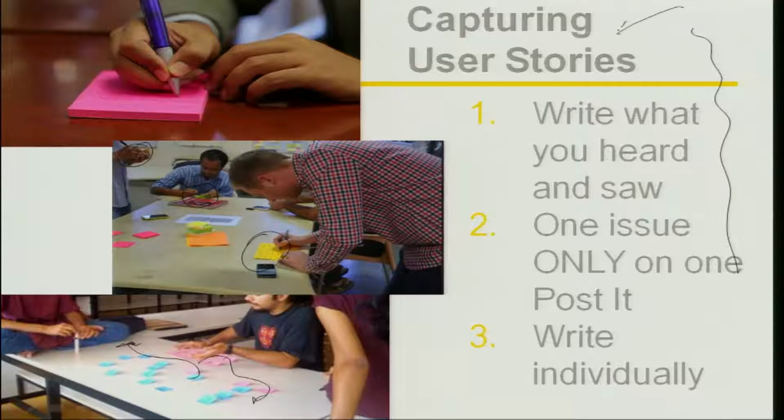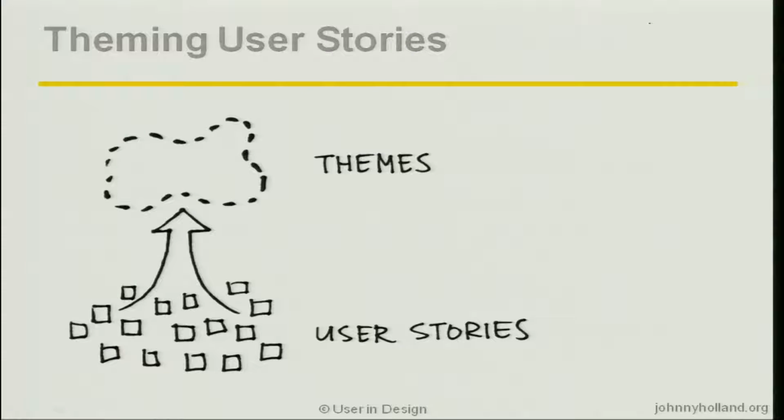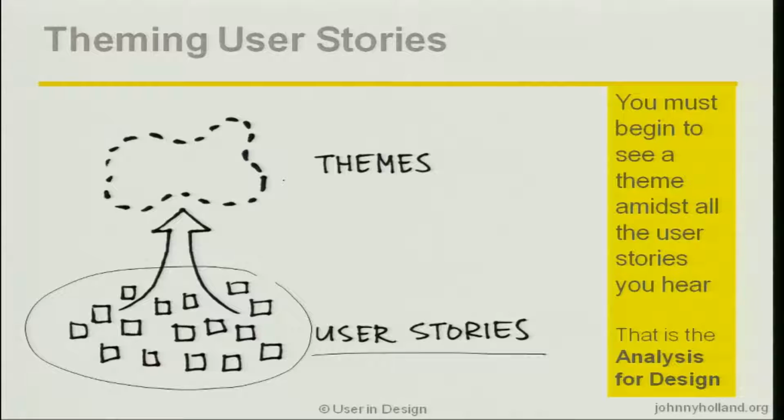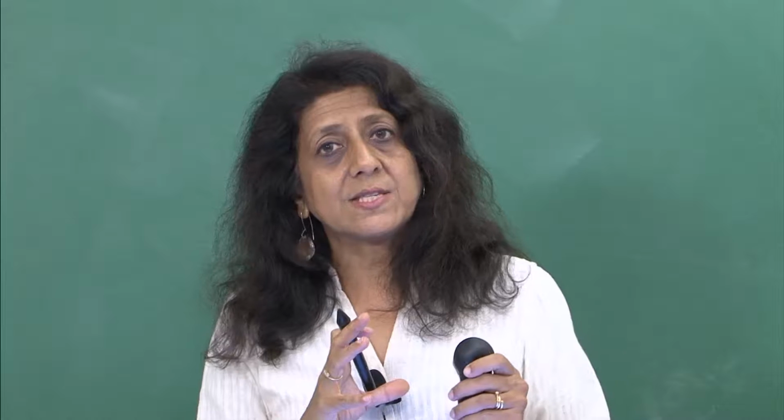So now you're capturing all the stories that your users told you. You're capturing the user stories. And then you're going to be forming themes. These are your user stories, okay? And from these will emerge certain themes. And this will naturally happen. You must begin to see a theme amidst all the user stories you hear. That is the analysis for design, okay? That is where you're trying to now draw conclusions, draw broad generalizations from all the smaller little pieces of information